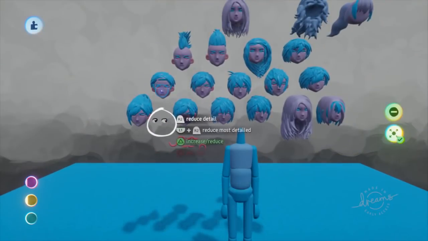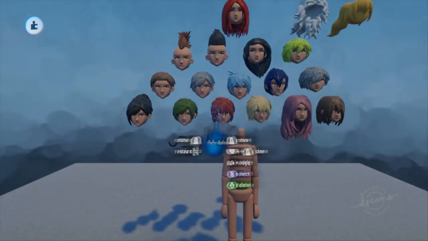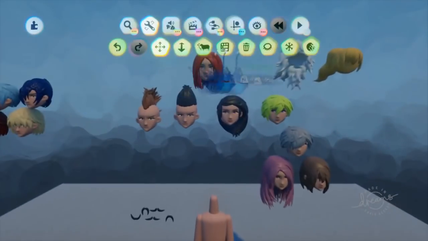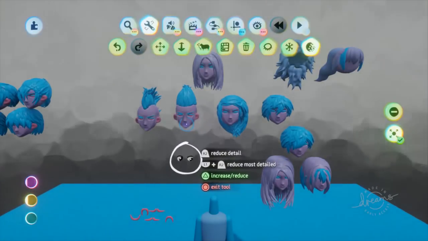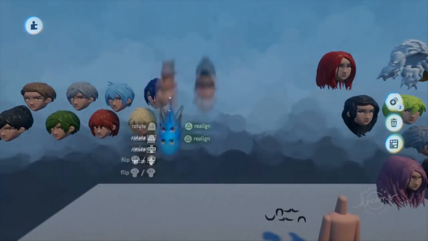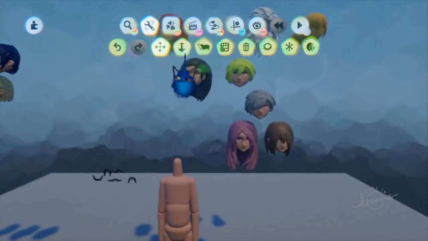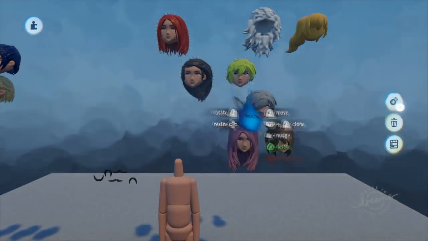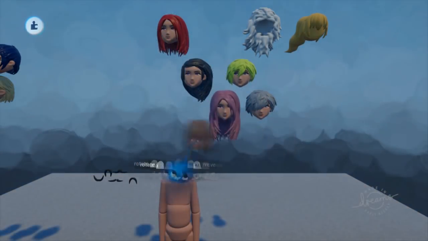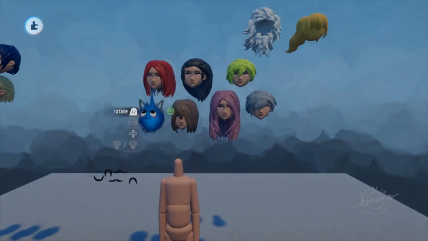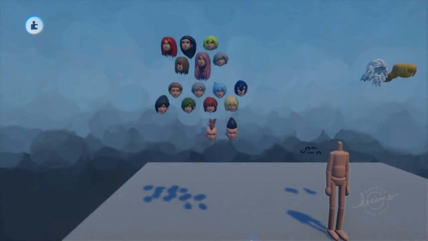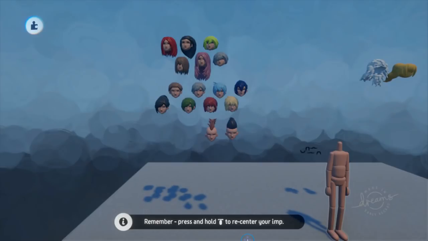So we see that this entire row is a singular head. So I'm going to go ahead and select these. And we know that those are one single head type. And then these two are another head type. Then I'm guessing the rest of these are another head type. So I'm going to reorganize them a bit better. Alright. Now that we have the heads organized into their groups, we are going to go ahead and